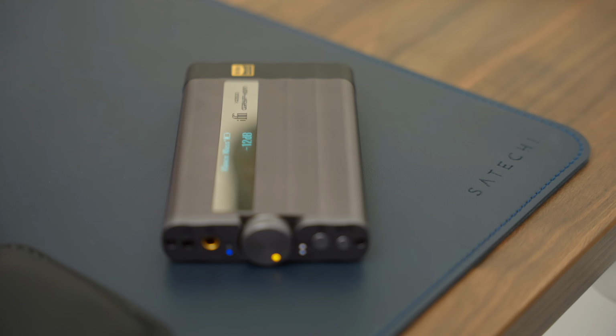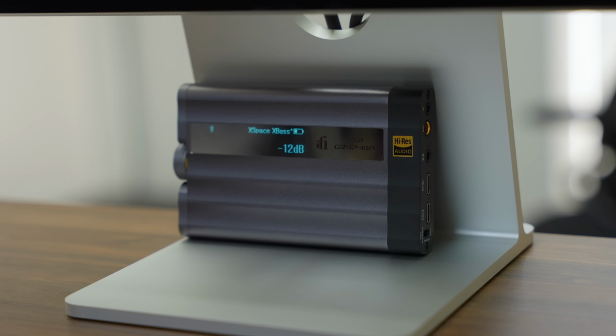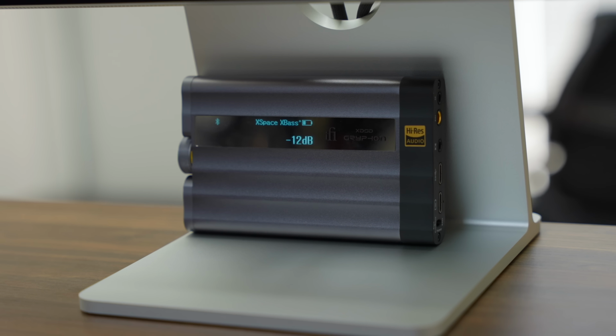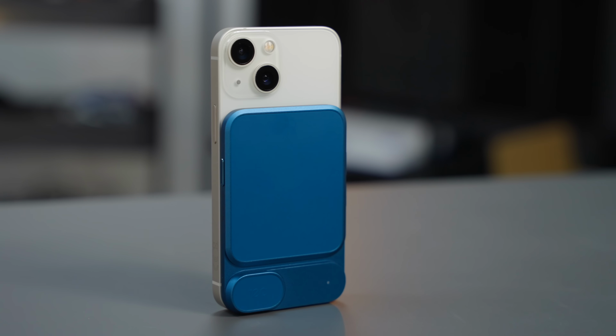So what can we conclude out of all this? The first thing I would say is that the Gryphon is a brilliant contender for both a portable and a desktop headphone amp. I know it's £600, which is a lot of money, but I'm genuinely tempted to make this my main headphone amp. It's that good, and the battery life is just fantastic. Now the T, I wouldn't use this as my main headphone amp and DAC personally. I think this is more for proper audiophiles who just want a better signal from their phone. But comparing it against one of these Lightning to headphone jack adapters, I think unless you are a real audiophile who wants to know they're getting the best possible signal from their iPhone, I'd save yourself 180 quid